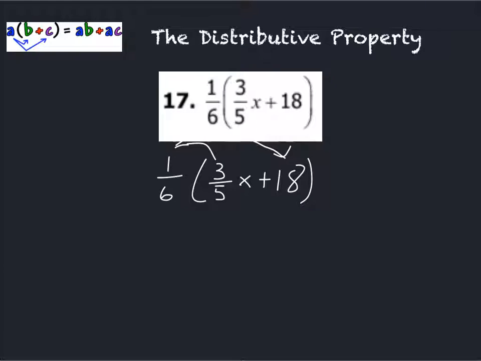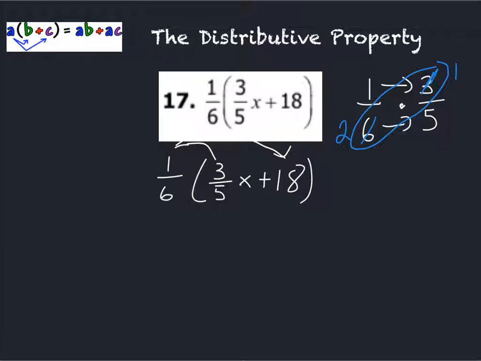And recall how to multiply fractions. When you're multiplying fractions, you just multiply the numerator with the numerator and the denominator with the denominator. If you remember how to cross reduce from middle school math, then we could actually reduce this fraction before we multiply. I think for some of you it might have been called the butterfly method. So we could actually just change this right away to a 1 and this right here to a 2, because the greatest common factor of 3 and 6 is 3. And then you multiply those together and you get your answer, which is 1/10 x